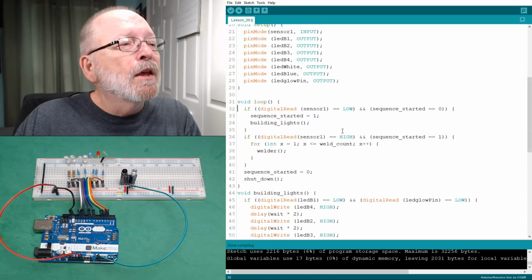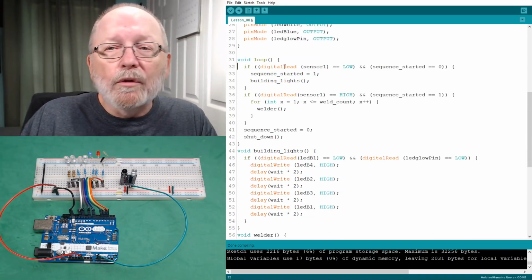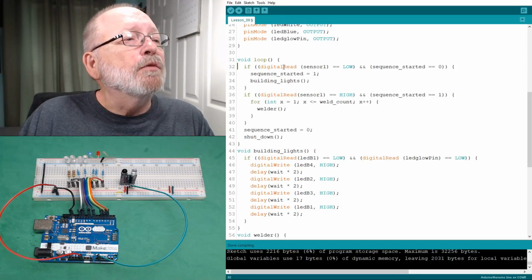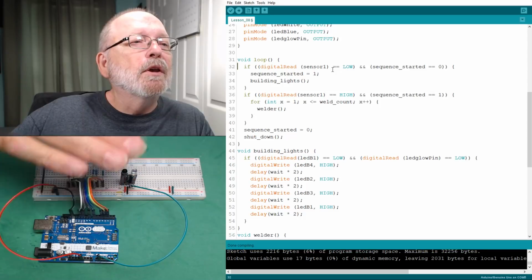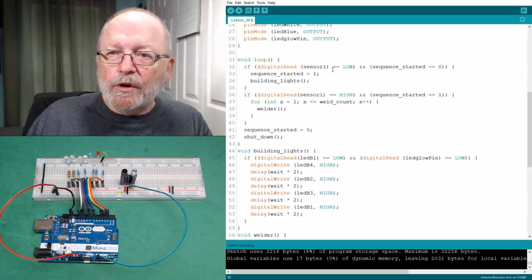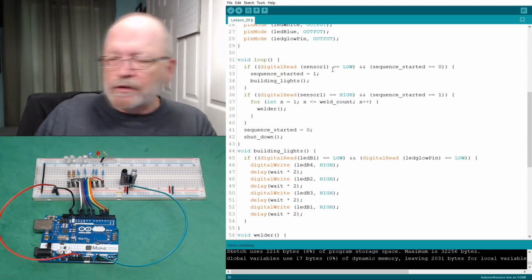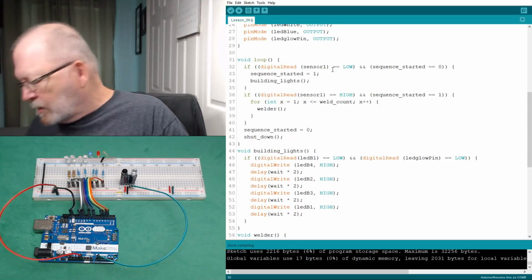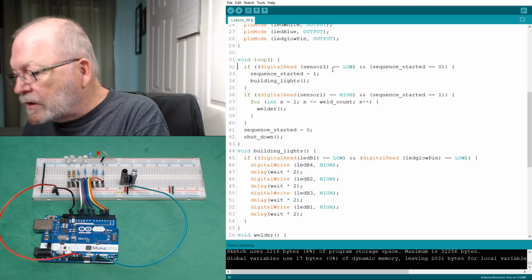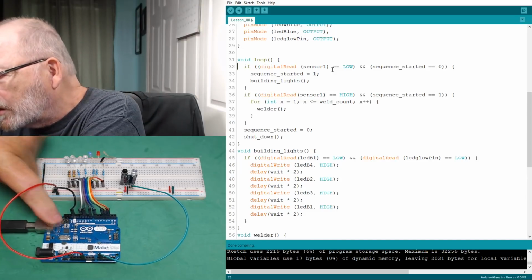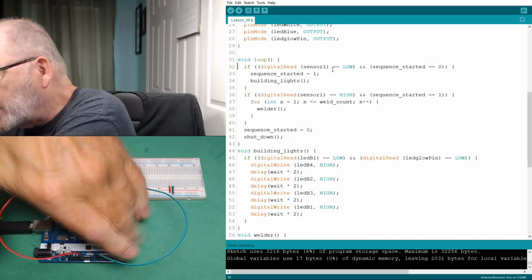Okay, so now let's go through this now. We're going through the loop. So if digitalRead sensor 1 equals LOW, that's we cover up the sensor, and sequenceStarted equals 0, then we're going to start this thing. So let me plug this thing in, and it's already got the sketch in there, but